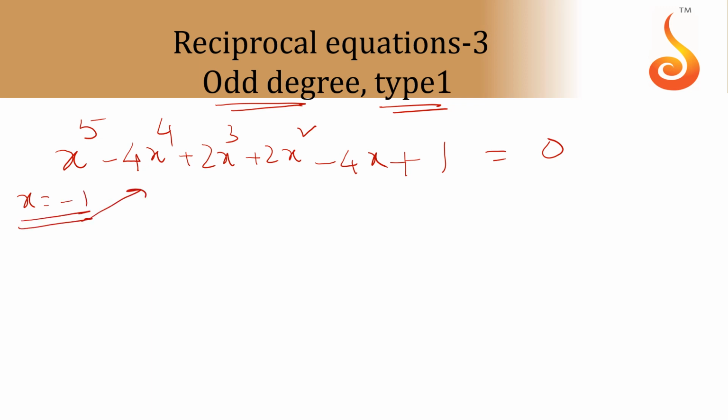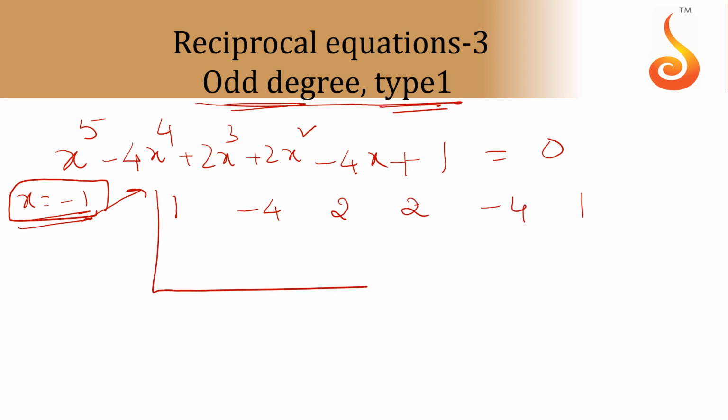Please remember, for any odd degree type 1, it is a trivial, means compulsory root. X equal to minus 1 is a compulsory root. Now let us do synthetic division. 1, minus 4, 2, 2, minus 4, 1. Now with x equal to minus 1, if I do synthetic, minus 1, minus 5, 5, 7, 7 into minus 1, minus 7, 5,